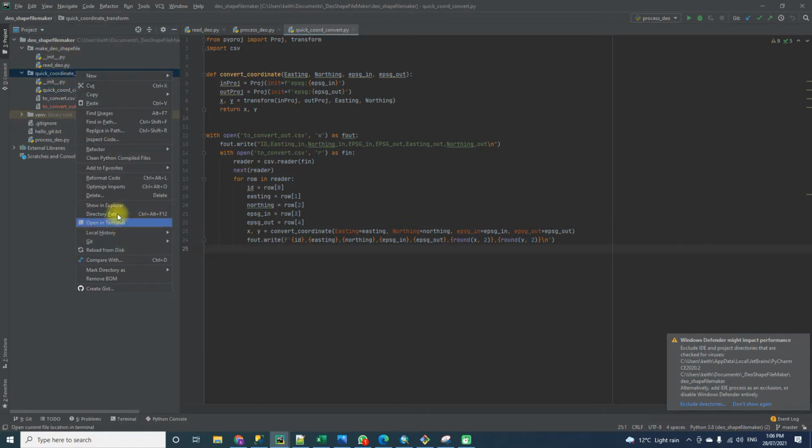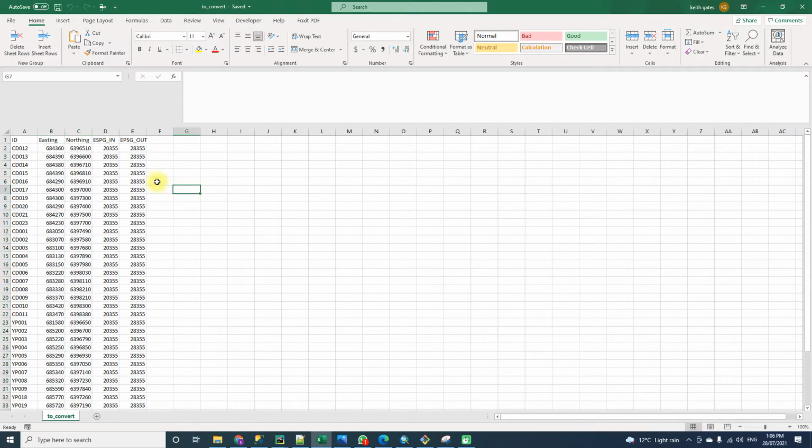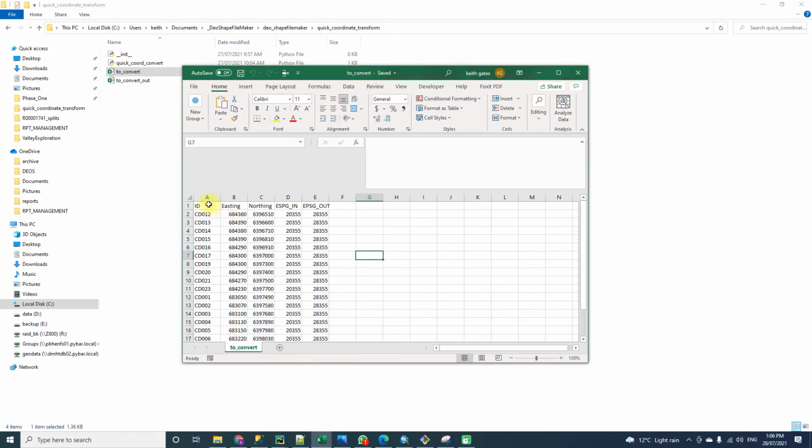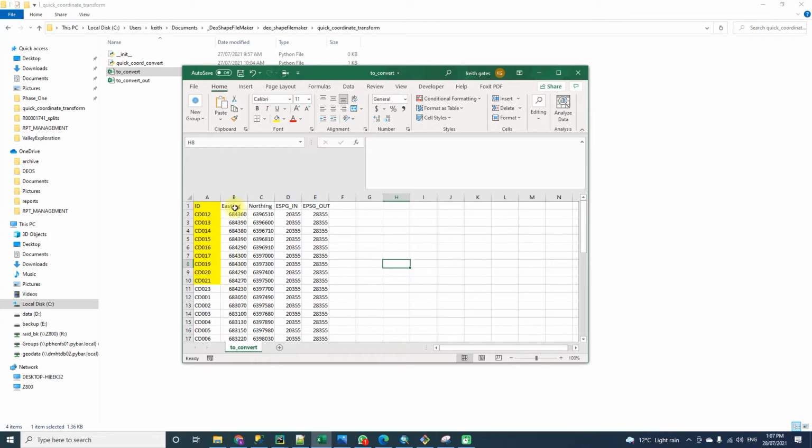If we show this in Explorer and we have a look inside this quick convert, to convert file, you'll see that the ID is there just as a placeholder to make sure that we don't mess up the order. The order is going to stay the same, but it's just in there as a checks and balances, so we can make sure it's not messed the order up or anything weird. Okay, so we've got the eastings in and the northings in, and we've got the EPSG in and the